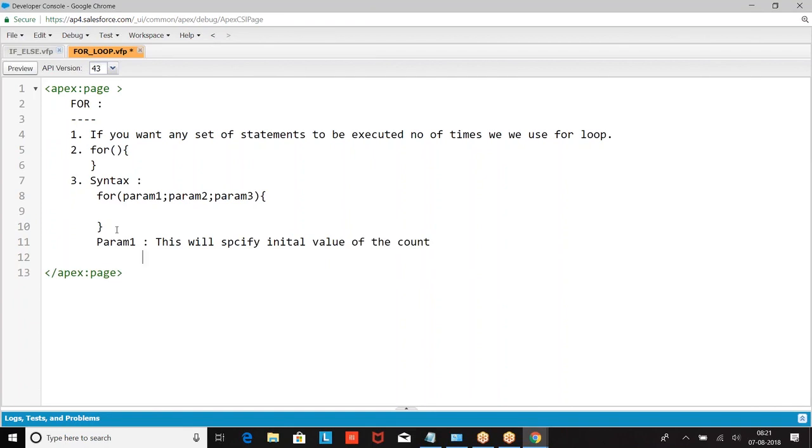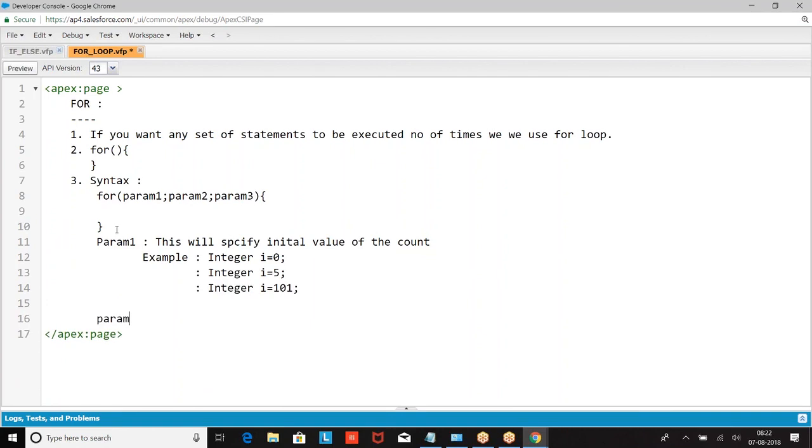How do you define it? For example, int i = 0. Your count will be an integer only, right? When I say i = 0, your starting count number is 0.